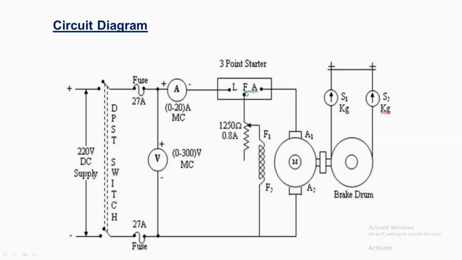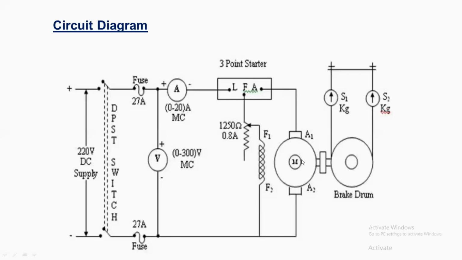Then the field winding is connected to the rheostat. This is the rheostat minimum position. The output is taken directly near its minimum position. So the current enters like this, from here to here. No resistance coils are cut in here. The current from the line directly enters the field coil. The field coil terminals are F1 and F2. Then this is the armature. The armature terminal is connected to A1 of the armature winding. Then A2, F2, and voltmeter negatives are connected to the power supply negative. This is the simple connection.